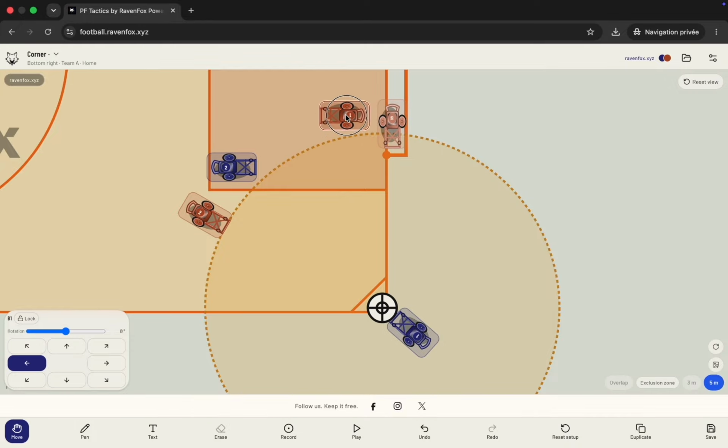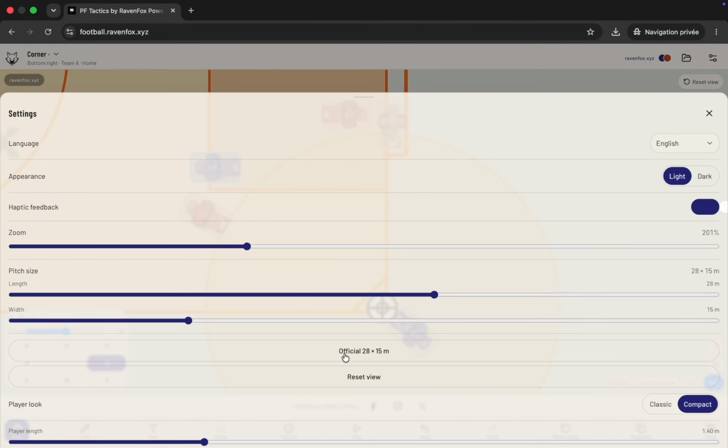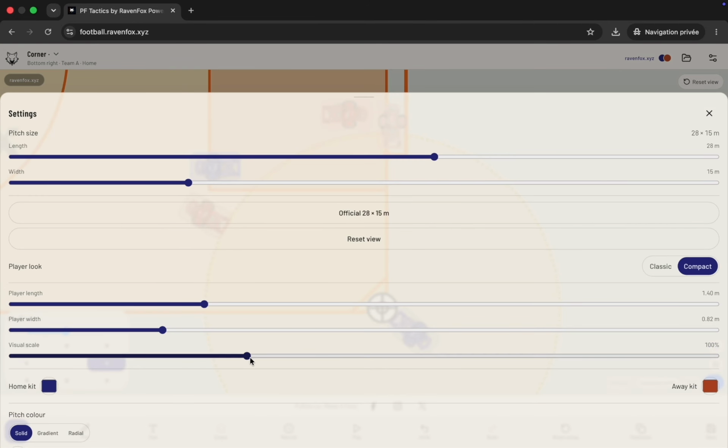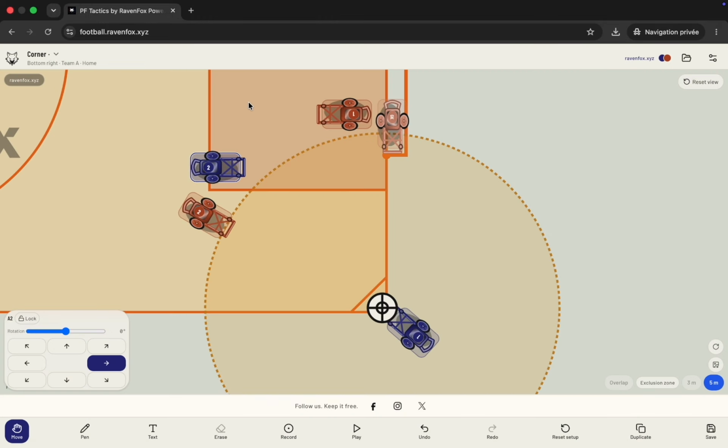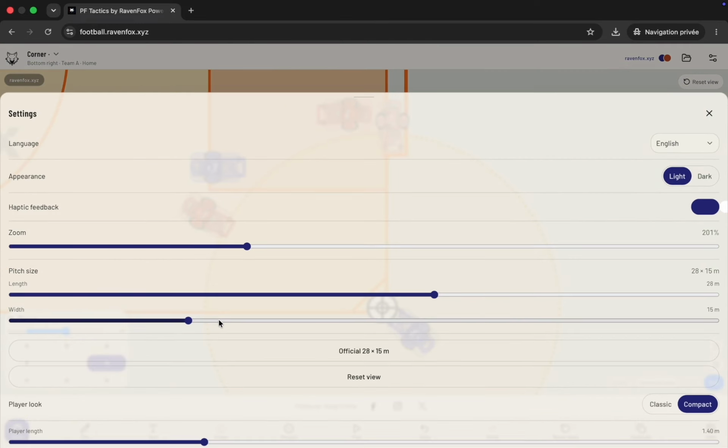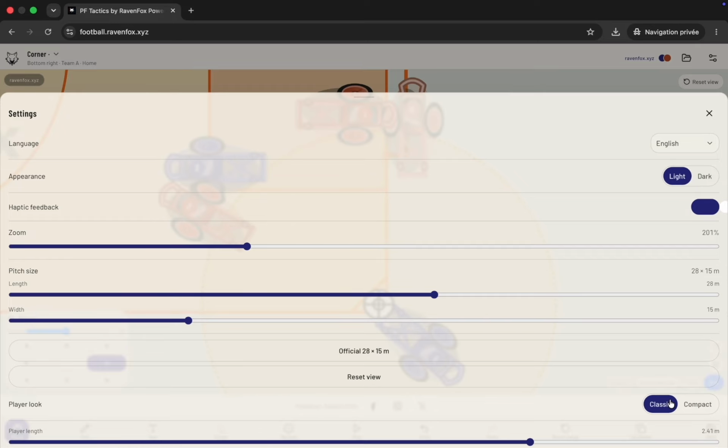So we need to move that little guy right there. So basically, this is more or less, I would say, the dimensions of the wheelchair. But if you're not satisfied with that, you can definitely modify the visual scale to make them look slightly bigger. Or you can also modify the length. But I like this classic possibility